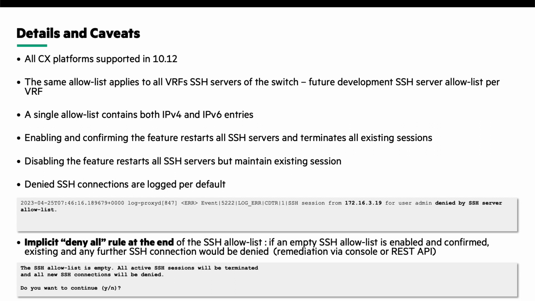So we have added verification. If the access control list is empty, you will see a message. It has been added in 10.12.1000. So we won't see this specific warning message in 10.12.1, for example, but starting in 10.12.1000, we find this message